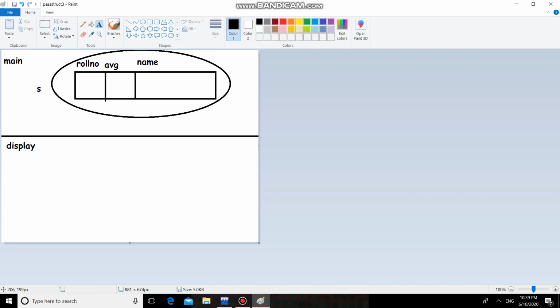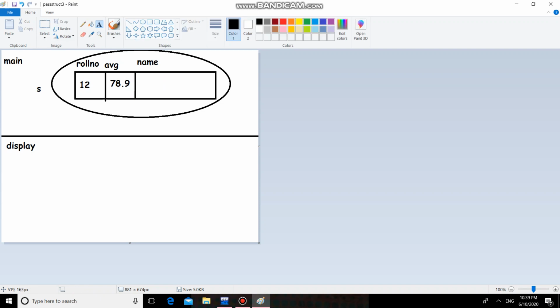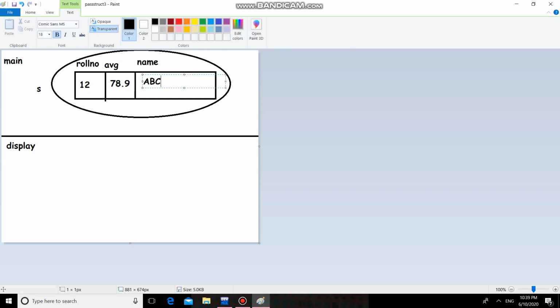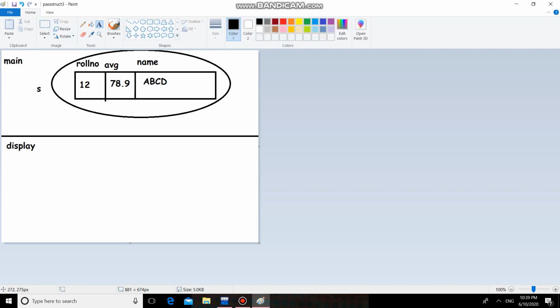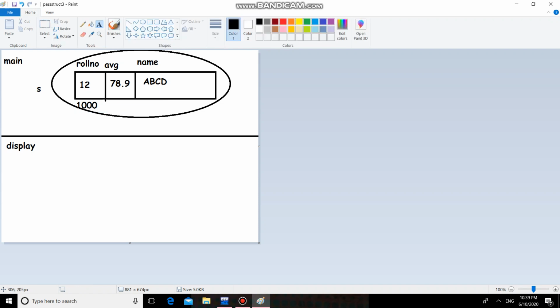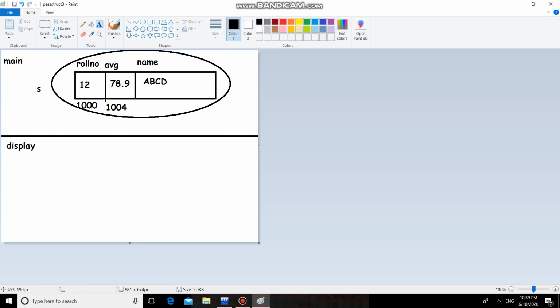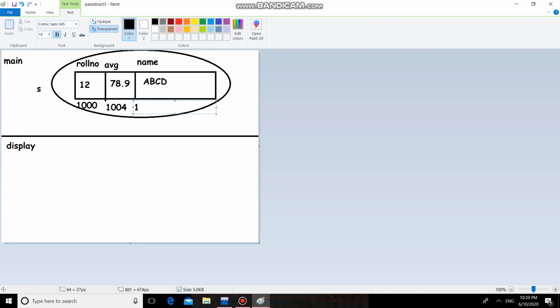Suppose these are the values entered by the user, and suppose these are the addresses. Suppose the address of ys dot roll number is 1000, the address of ys dot avg is 1004, and the address of name follows.